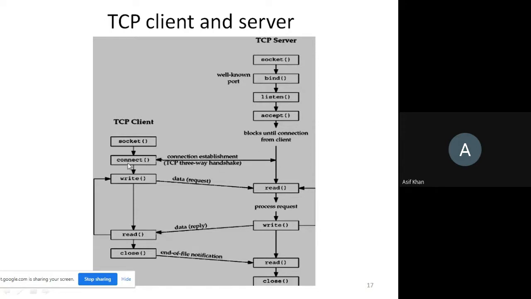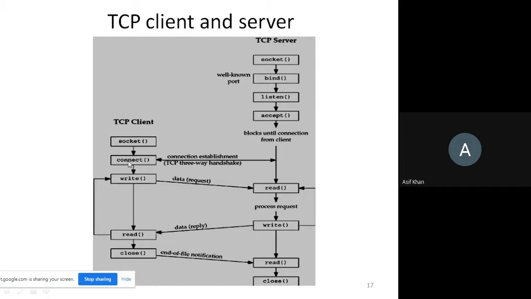This server will connect to this client. Okay, it will allow the client to connect, and then it will send a reply message to the client. That's why, see here, it's a three-way handshake protocol. TCP is a three-way handshake protocol. So three-way handshake protocol means the client will send a request, the server will accept that request, and then it will connect and reply back with the acknowledgement that the connection is established. So that's why it is a three-way handshake. TCP is a three-way handshake protocol.